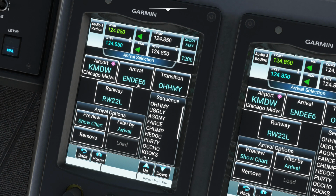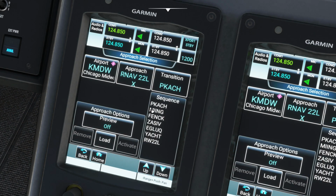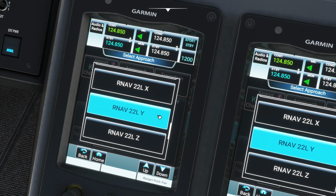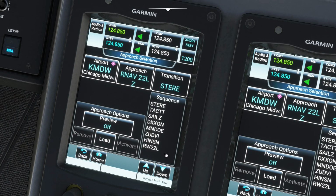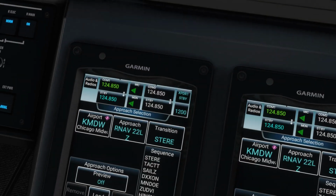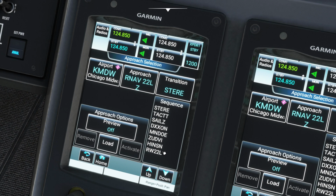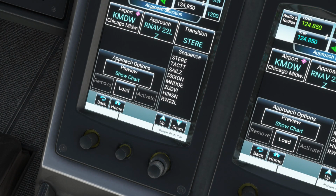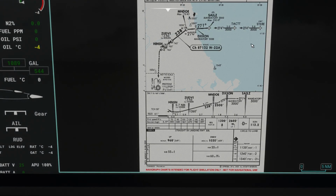And to see if any of our approaches have any of those particular waypoints in there. Is there anything else? We got a 22 left Z. That is STEER in it. I mean, all of them have that DIXON. Let's see what the preview on that is. STEER, DIXON. They all come in off of the lake and come in, which is a nice approach